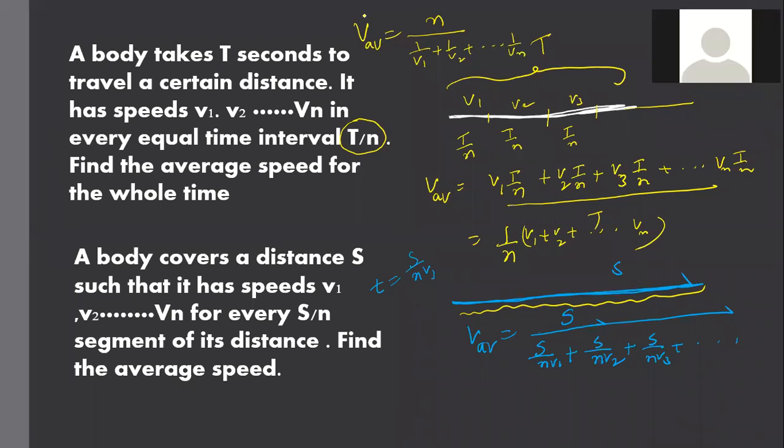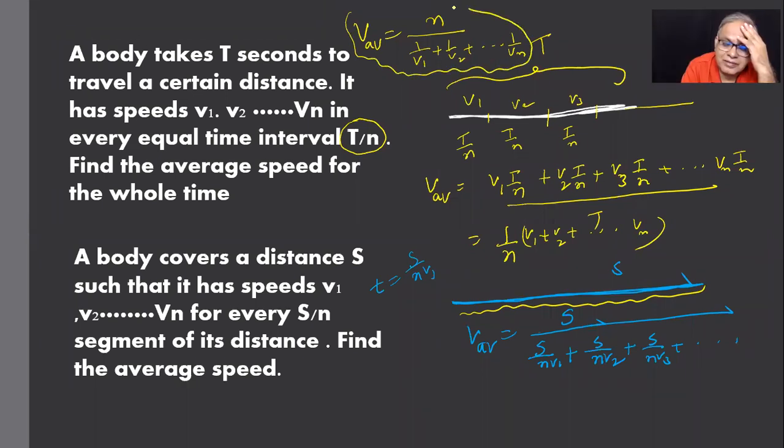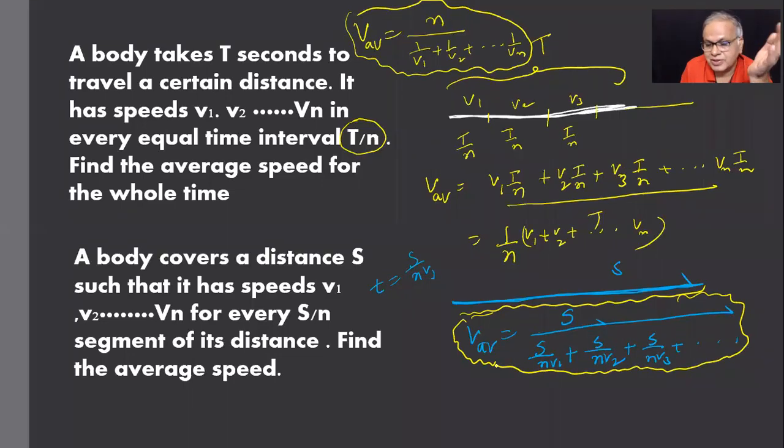Yes, sir. We can apply it in case, say, the first half of the distance. Half, for example, if I put, n will be what? 2. So 2 by 1 by v1 plus 1 by v2, which we did already previously, right? 2v1 v2 by v1 plus v2. 3. So 3 by 1 by v1 plus 1 by v2 plus 1 by v3, like that you'll get. Do you follow? Yes, sir. This actually generalized our previous relation. Half the distance, 1/3 distance, did we not do? Yes, sir. Only we made it s by n, that's all.